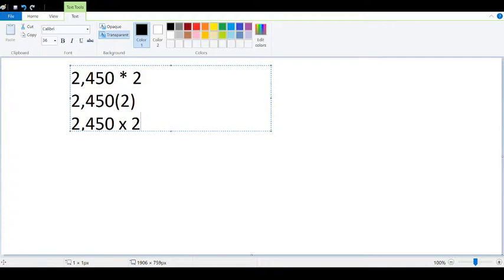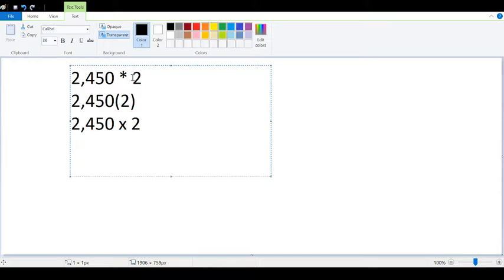Now, what we're doing is 2,450 times 2, and my point is, let's say you didn't know that right off the top of your head. A lot of people, I'm not a calculator. There's not very many human calculators that I know. So I would have to sit here and do it step by step. 2 times 0 is 0, 2 times 5 is 10, carry the 1, 2 times 4 is 8, plus 1 is 9, 2 times 2 is 4, so you've got 4,900,